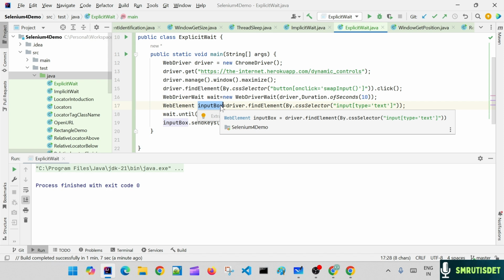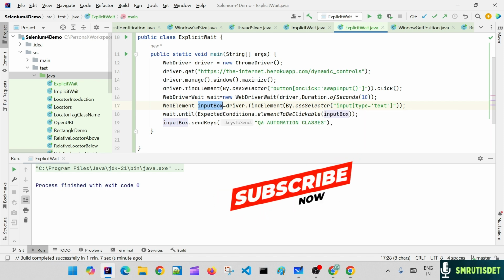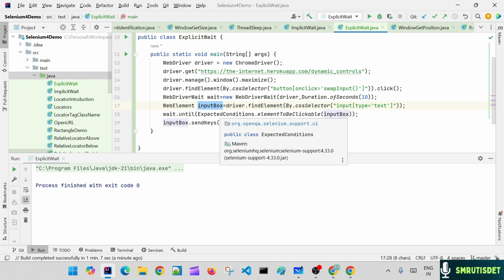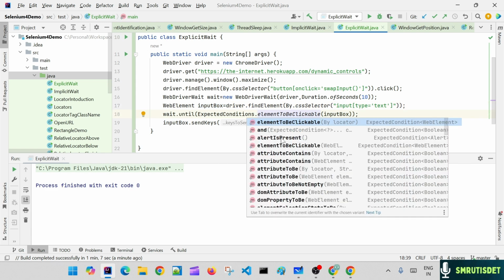And then wait dot until, and here you say expected conditions. Expected conditions is a class, and it has lot of static methods. So you can use any of the methods like alert present, attribute to be, we went through this one, invisibility of the element, presence of the element. Look at it, lot